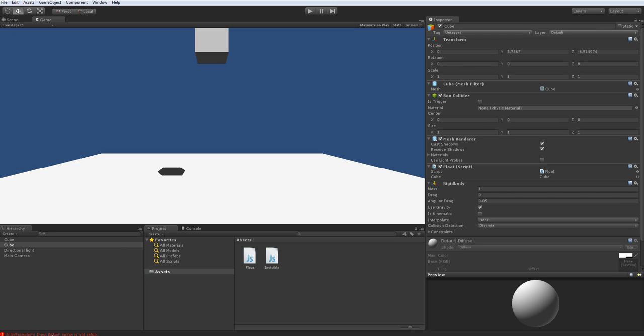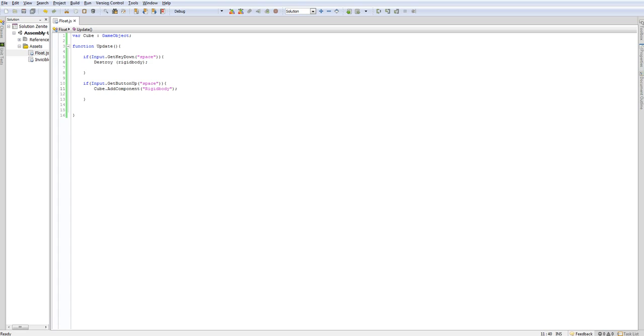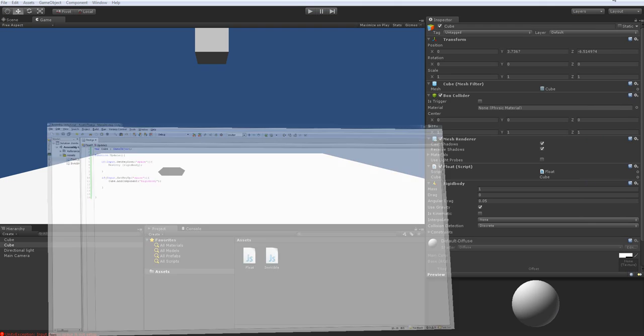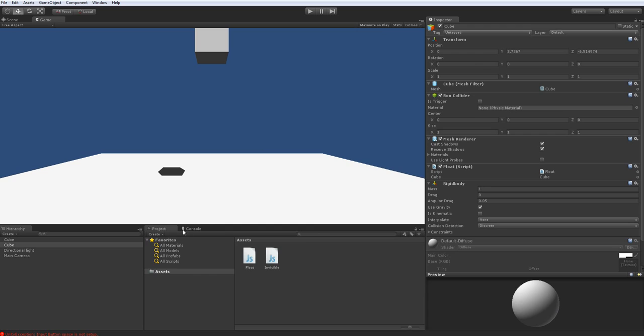Button. This can really mess you up. The difference between button and key is on the keyboard. Button refers to the mouse. So the space bar isn't on the mouse, so it doesn't know how to run it. So if we were to change this to key, it would very well and very likely work. So now if we save this, and then we just clear this error,